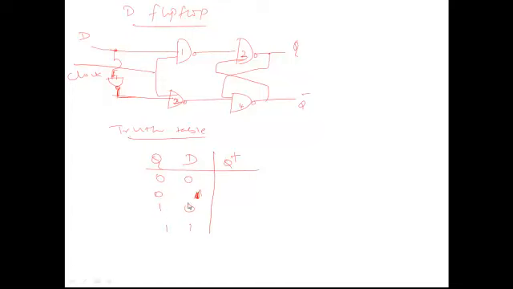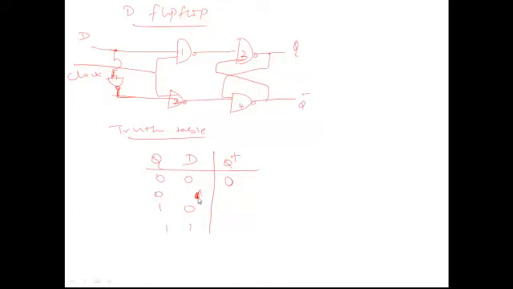As I have told you, input D is S input directly, and the input to the second NAND gate is nothing but the complement of the first input. So whenever D is 0, it means that S is 0 and R is 1. We know it's a reset state, reset value is 1, so Q is 0.